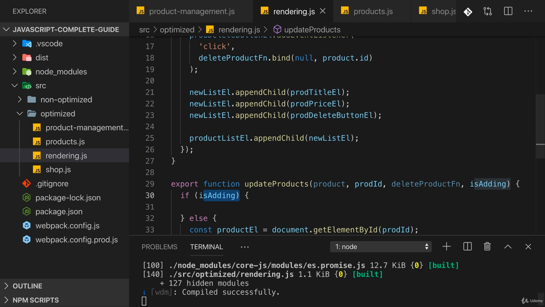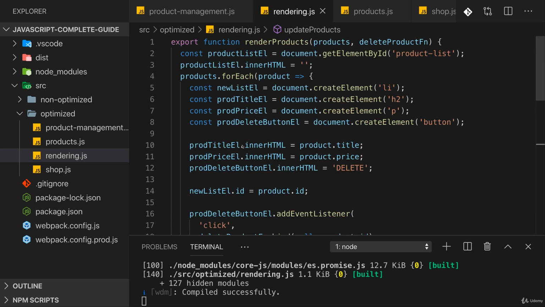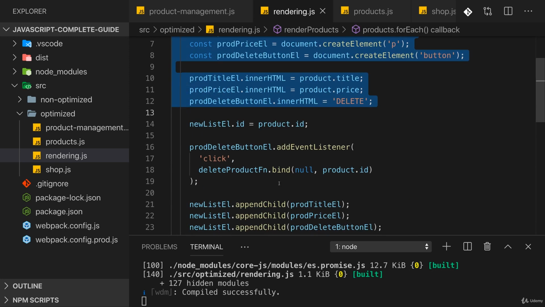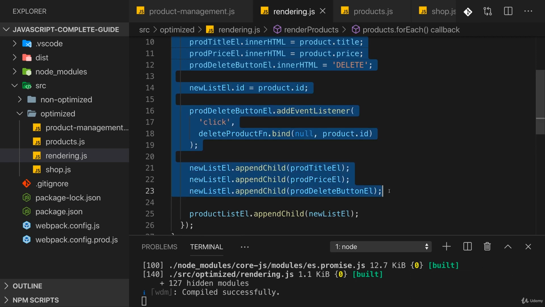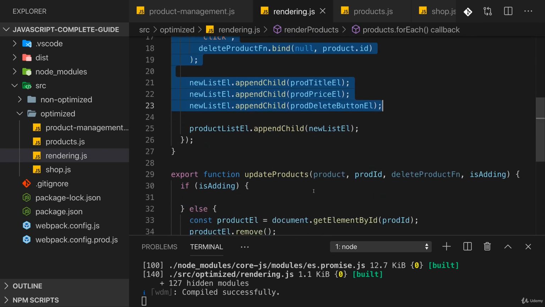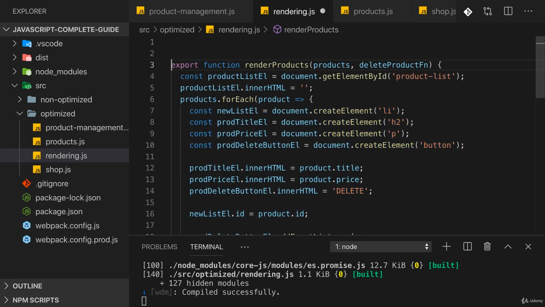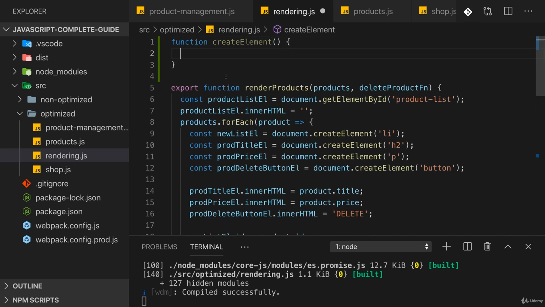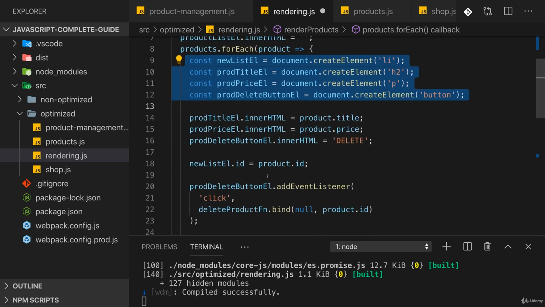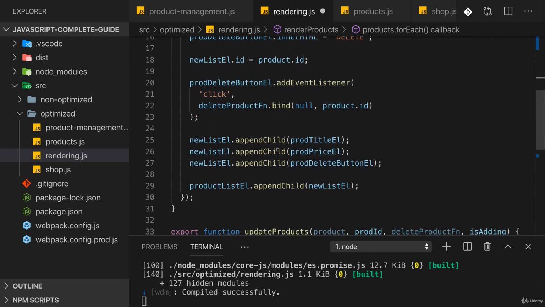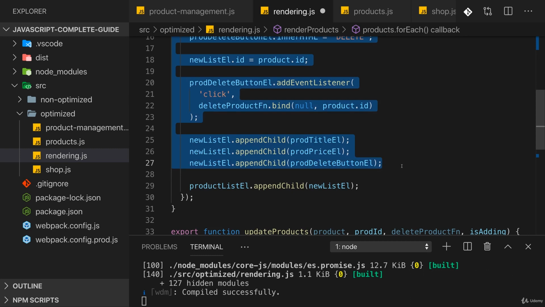So therefore, when the mode is adding here, I want to create a new item. So basically I want to execute this code here, though I will say we can optimize this as well. But then I want to add it to the list in a way that doesn't negatively impact the other parts, that doesn't re-render everything. So first of all, let's outsource this create element code here so that we can reuse it by grabbing all that code inside of that forEach anonymous function here,